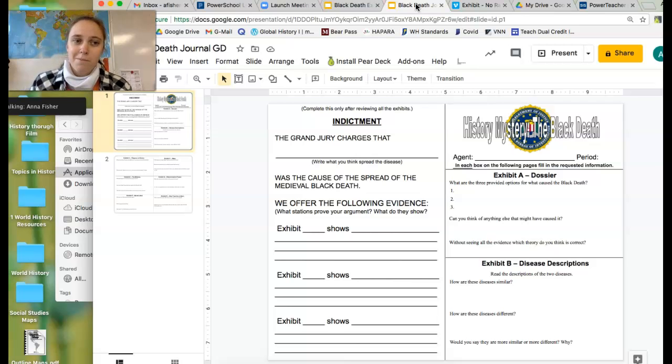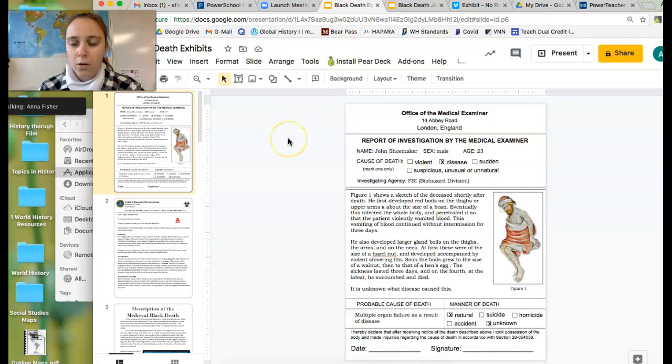So right now, pause me if you don't have both of these documents open and ready to go. If you have it, here we go. So we're going to be starting right here on Exhibit A. So if you move on over to this document, it first just starts with what this Black Death was like. So it says,